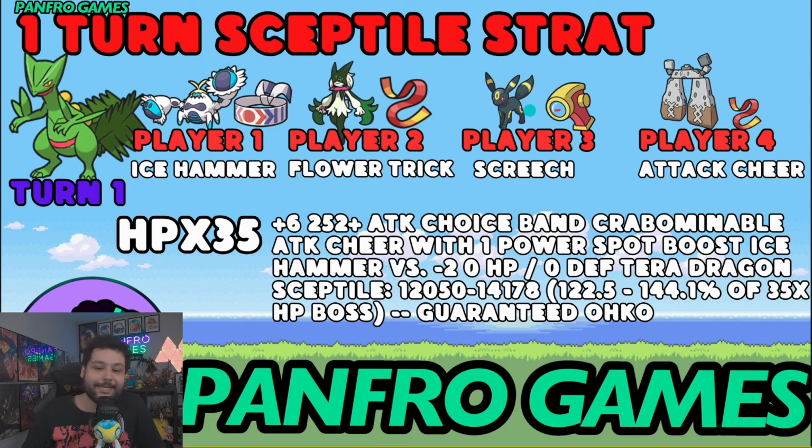Now, Umbreon is going to go for the Zoom Lens Screech because Umbreon is slower than the Sceptile. The Screech will always hit. Then the Stonejourner is immediately just going to go for Attack Cheer, and Power Spot immediately is on the field when it comes out of its Pokeball. So you just have to go and hit that Attack Cheer, and the Meowscarada and the Stonjourner should both survive with their Focus Sashes